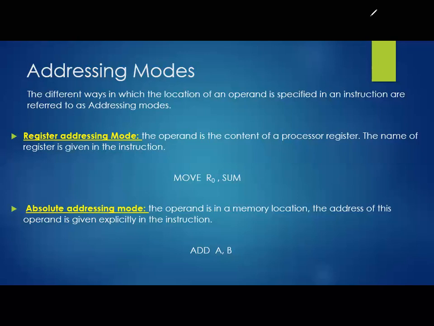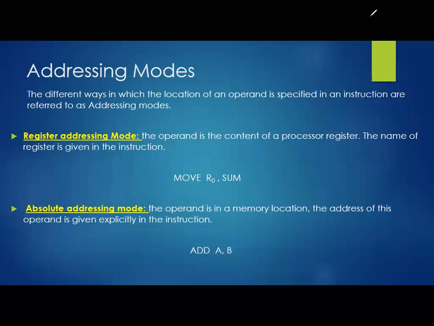What is register addressing mode? The operand is the content of a processor register. The name of the register is given in the instruction. Observe it carefully.